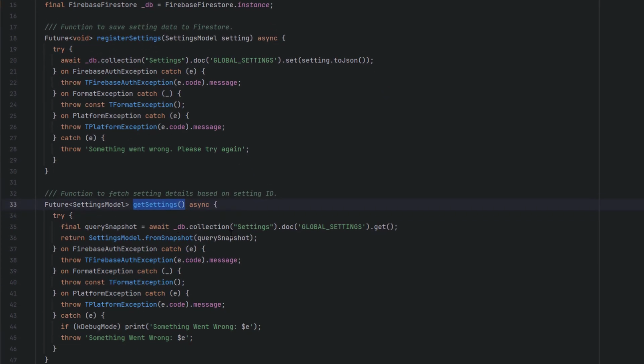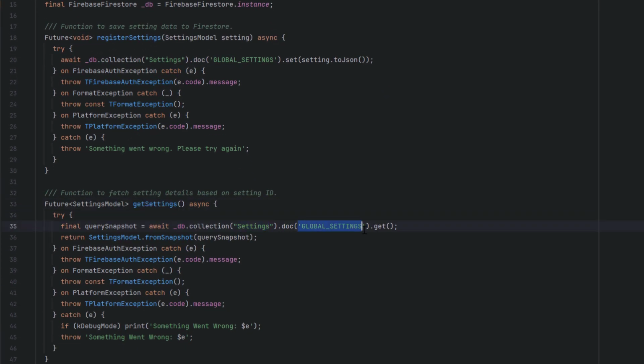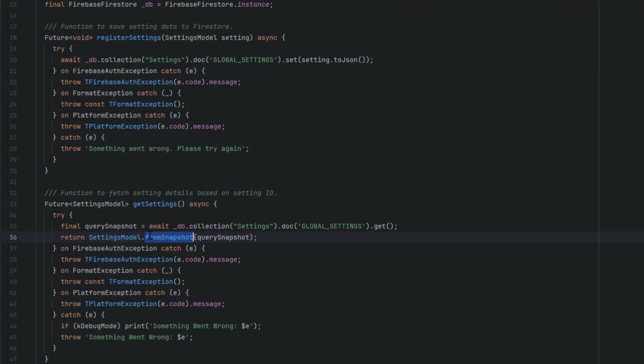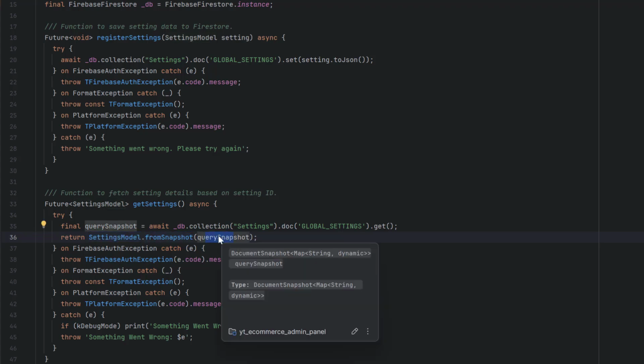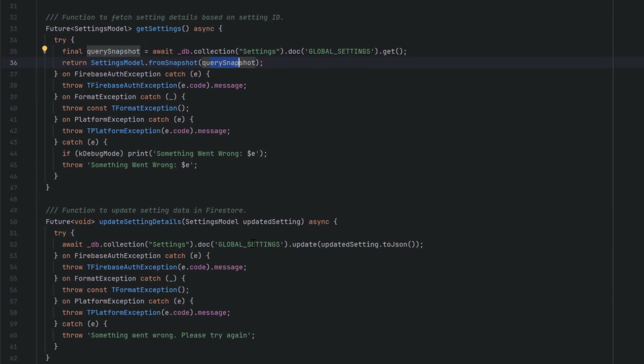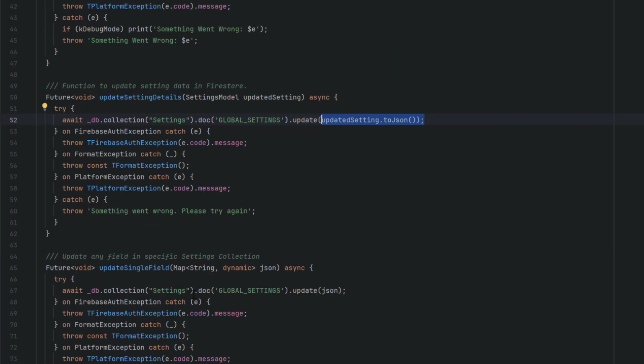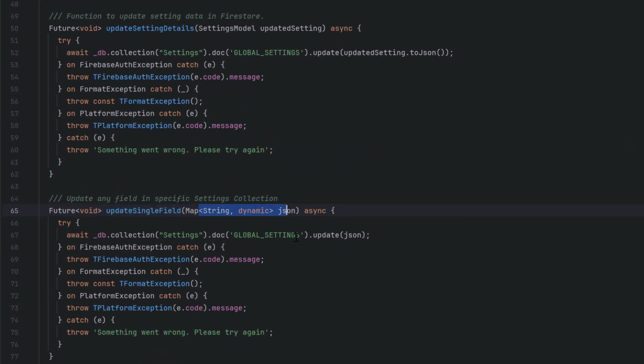If we want to get settings, we need to call again settings dot this document. Whatever is inside it, return it, because this is only one element with the hard coded document ID. We do not need any loops or the documents using map property, but we just call the settings model dot from snapshot and pass this snapshot. Then to update settings detail, this is what you need. Using settings model, we first have to go to the collection, find this document, and update whatever is inside this using JSON. You can also update single field using map, pass that directly JSON over here, and that JSON will be updated.